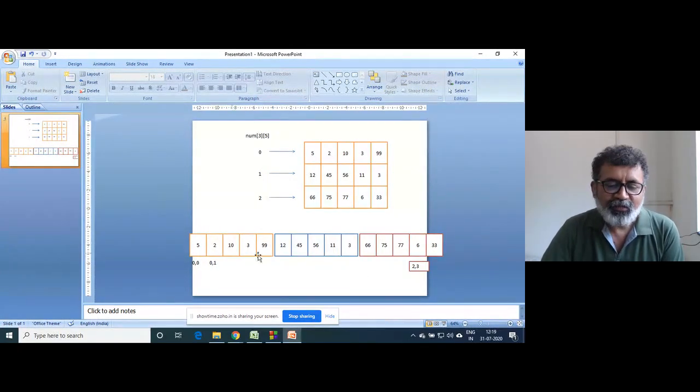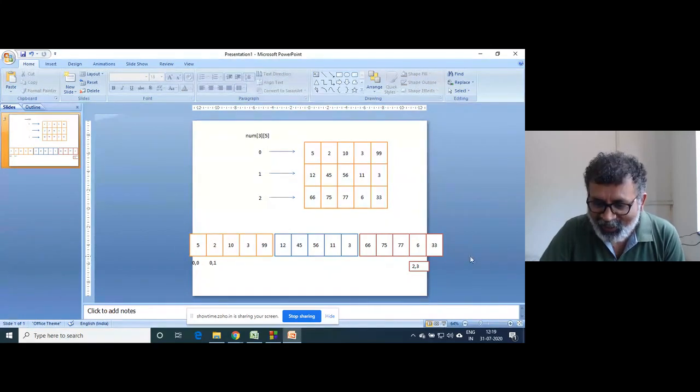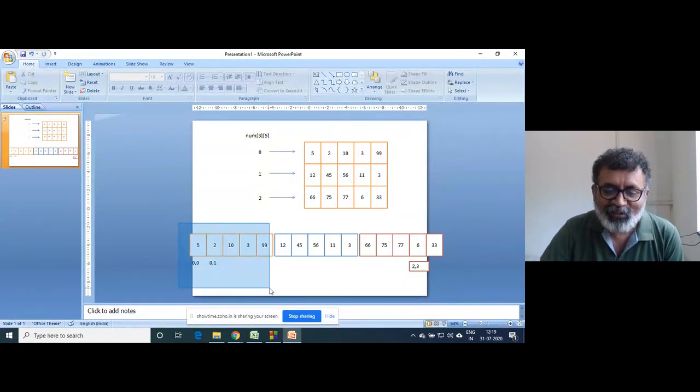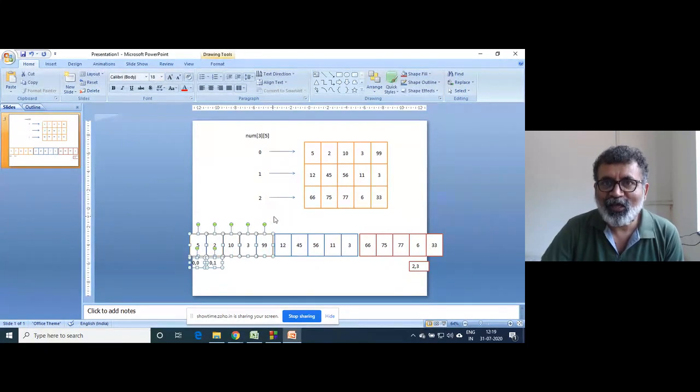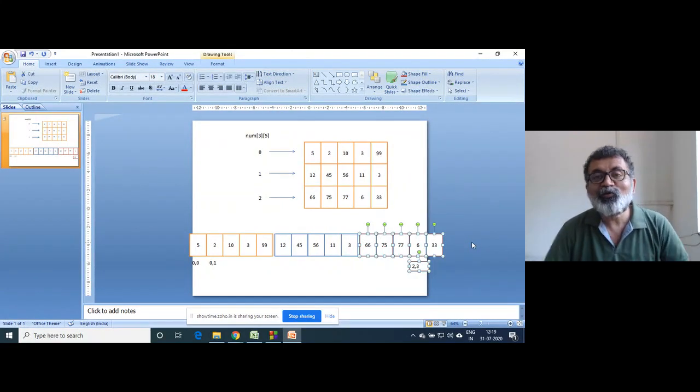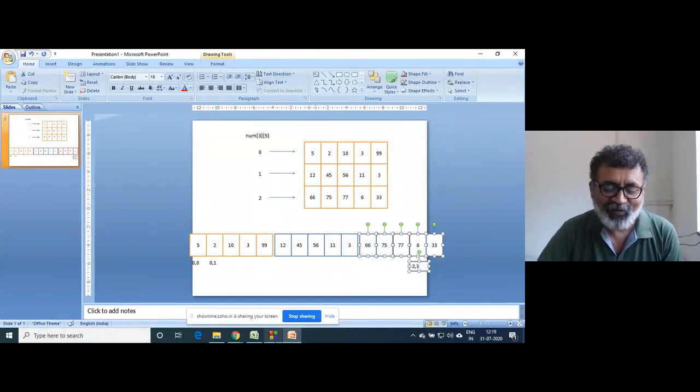So three arrays are there, no? So this is the first array of that array of arrays, this is the second array, and this is the third array. So many times we need to store data like that.